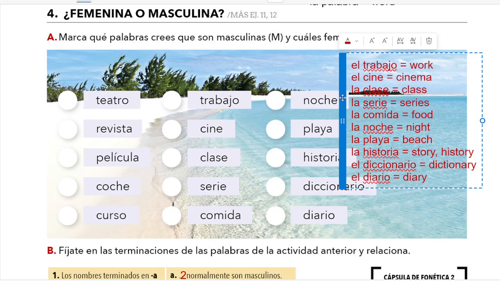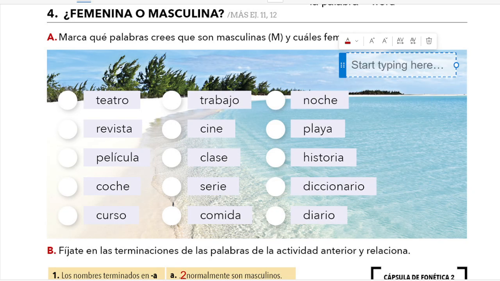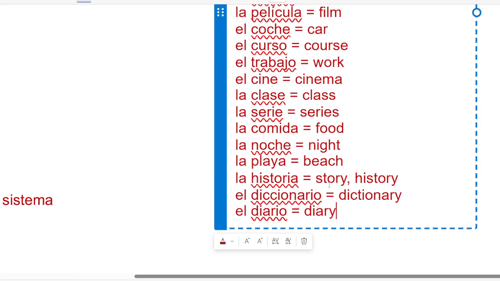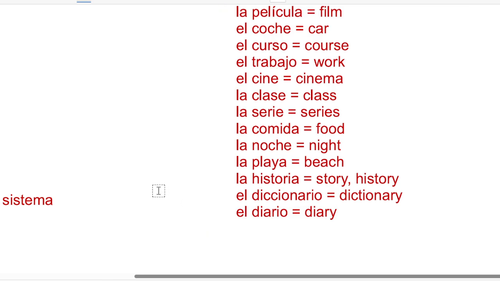Okay. So here we have el trabajo, el cine, la clase, la serie, la comida, la noche, la playa, la historia, el diccionario, el